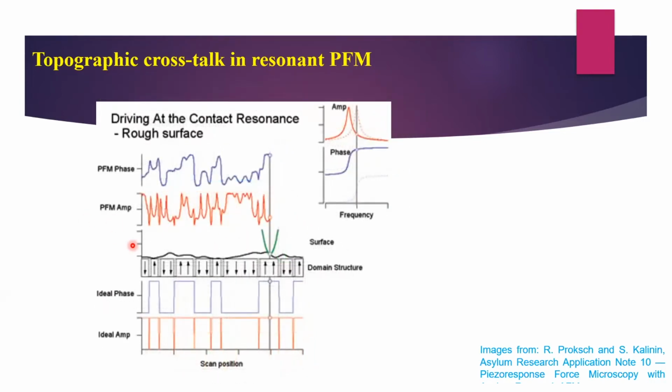However, the samples are not so smooth like this. The samples show some roughness, and for this reason the contact between the tip and the sample keeps changing, and these changes shift the resonance peak. With this effect, we have an influence of the topography in our PFM measurements.